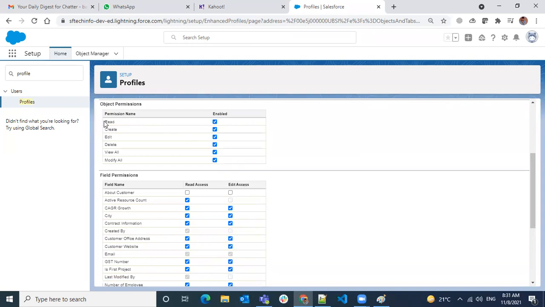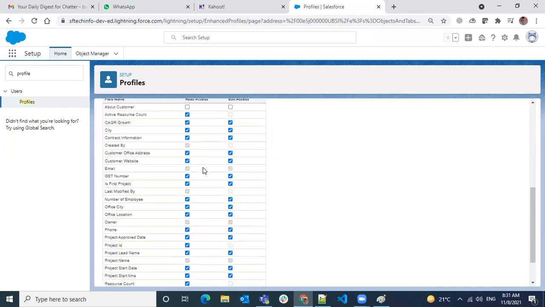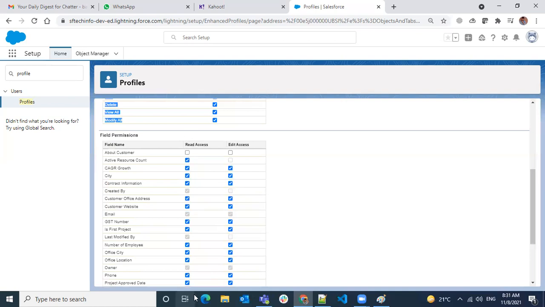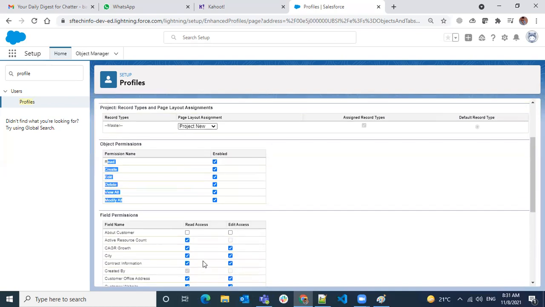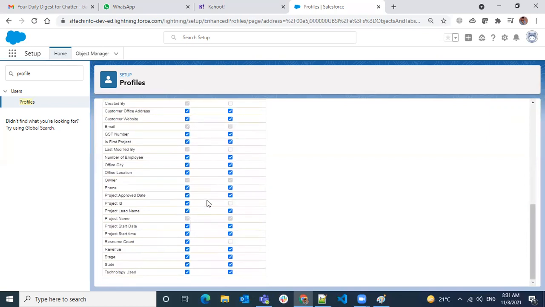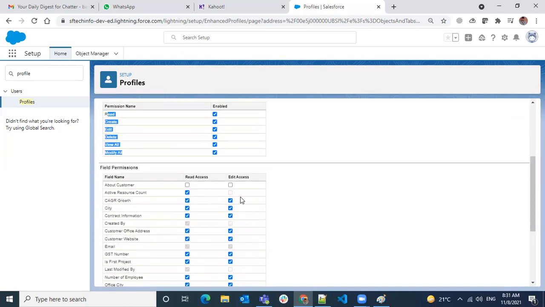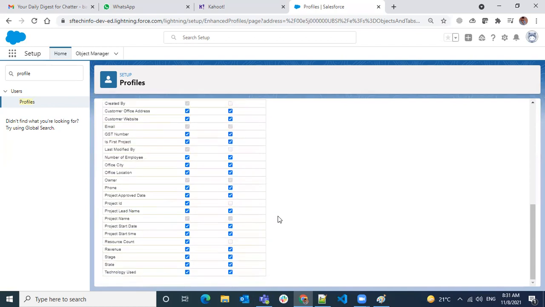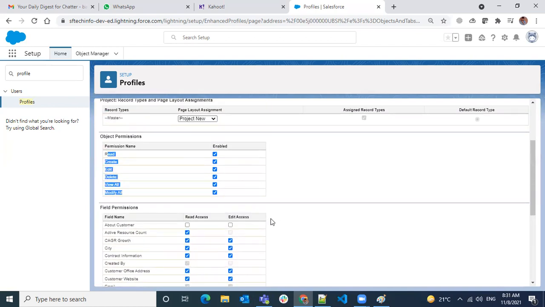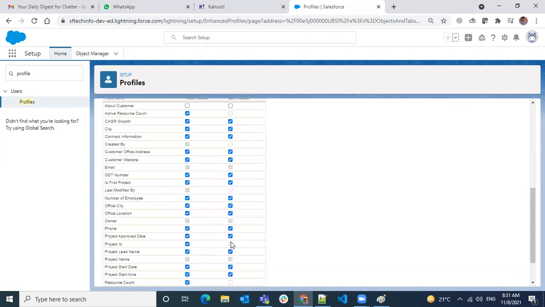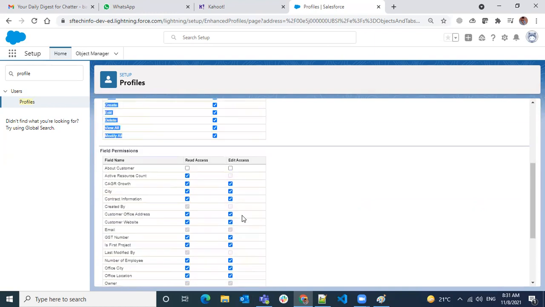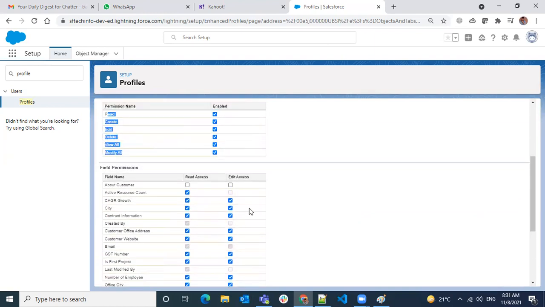And even though you have all these permissions, if you don't have read access on any one of the fields, then you're going to see nothing. You will see there is one record, but when you open the record, you see nothing, only the name. If you give all fields read and edit, then only you can read and edit. If you give all as read, all you can do is see all the fields. Even if you do an edit, you don't see any fields over there. When you uncheck edit access on all the fields, only the required fields you can edit, but the remaining fields you cannot edit.